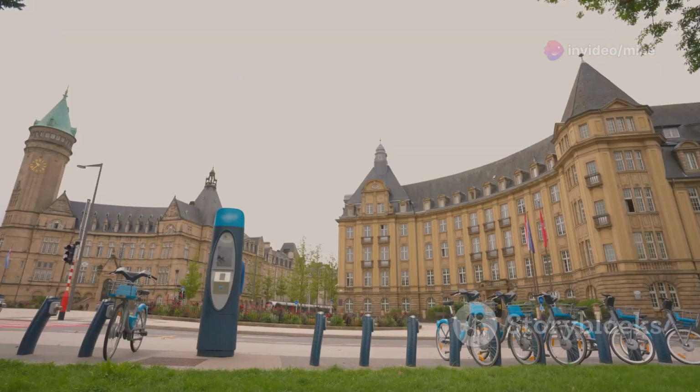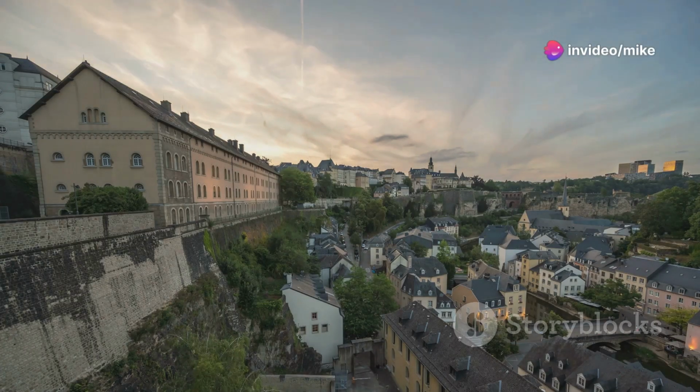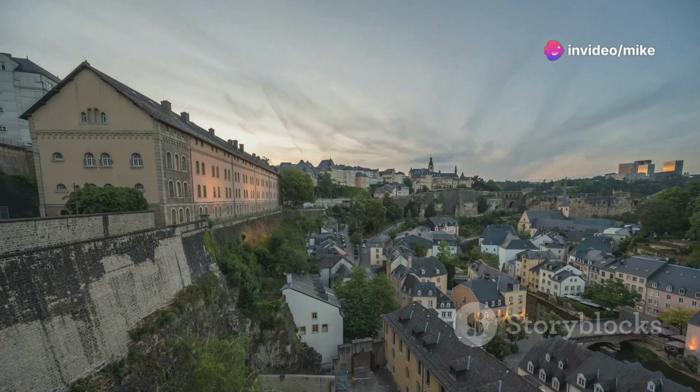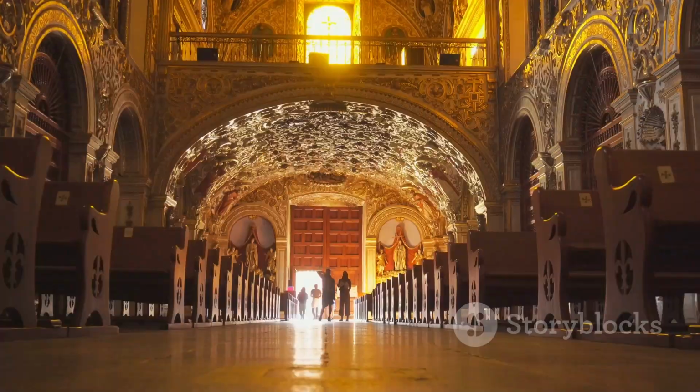You can explore the city's history at the Grand Ducal Palace. This magnificent building is the official residence of the Grand Duke of Luxembourg and a symbol of the country's royal heritage. Guided tours offer a glimpse into the opulent interiors and the history of the Grand Duchy, or see the